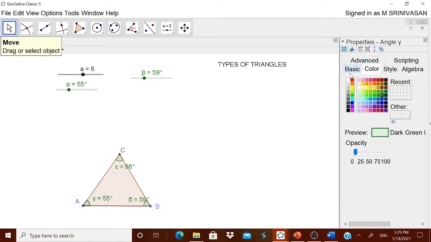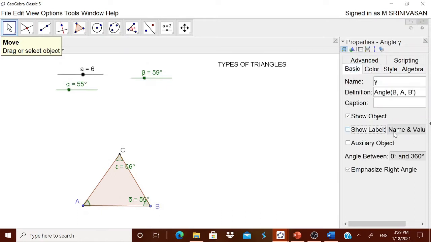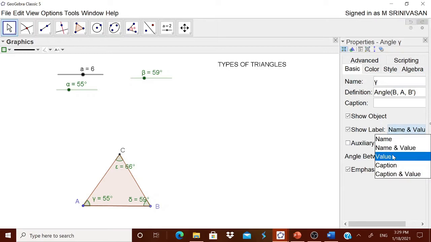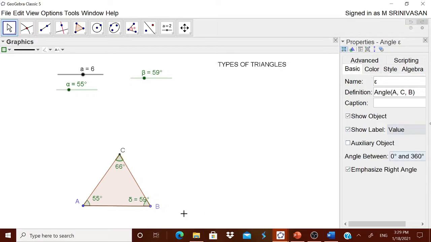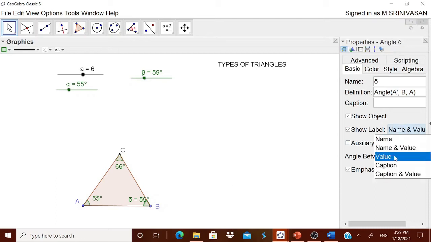It is always advisable. Go to Basic, show label, and then show only the value. Similarly touch this, again go to Basic and show only the value. Here again touch it and show only the value.